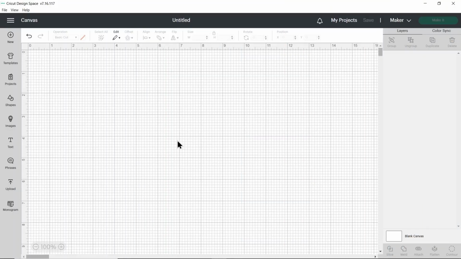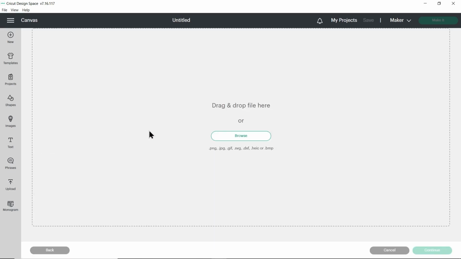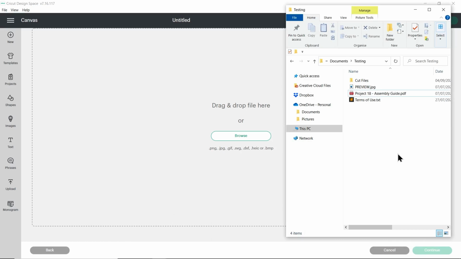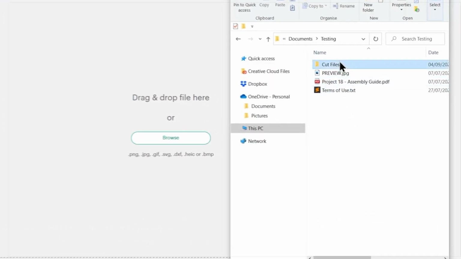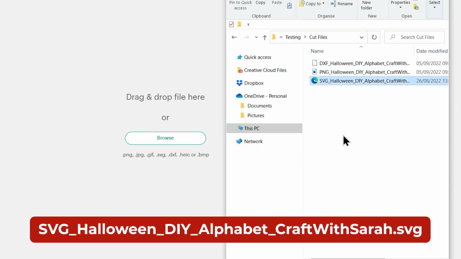Once you've downloaded and unzipped the folder, it's time to get the SVG file into Cricut Design Space. Open up Design Space and start a new project, and then go into Upload over on the left, and then Upload Image. You can then either click Browse to find the file on your computer, or drag and drop it in. Make sure you choose the unzipped version of the folder and then go into Cut Files. There are 3 different versions of the file in here, and the one you need for Design Space is the one which starts SVG in the file name.